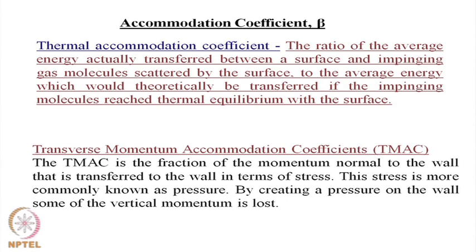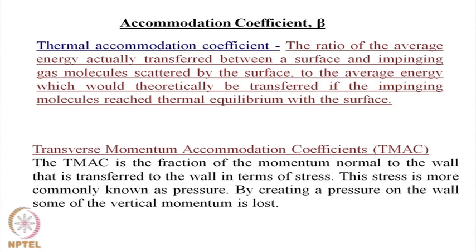When we talk about something similar to the thermal accommodation coefficient, there is something called the transverse momentum accommodation coefficient. It is the fraction of momentum normal to the wall which is transferred to the wall in terms of stress. The stress is known more commonly as pressure. So, by creating a pressure on the wall, some of the momentum is lost. This TMAC, the transverse momentum accommodation coefficient, takes into account this loss of momentum of a molecule when it